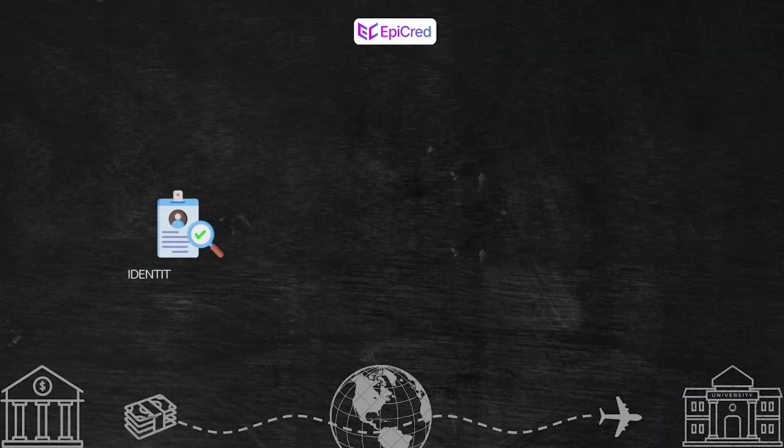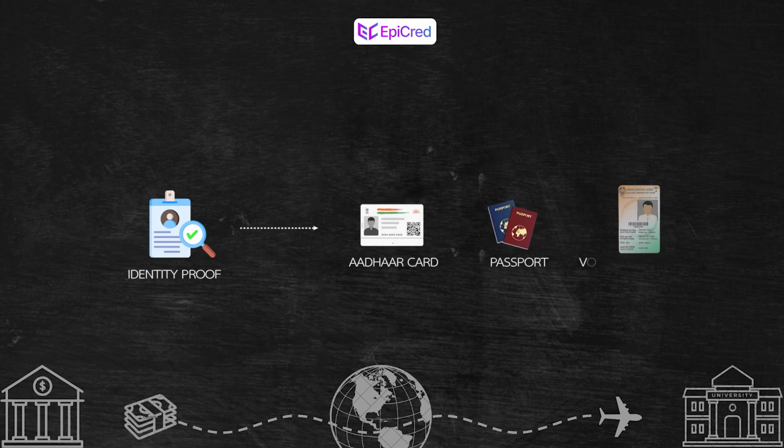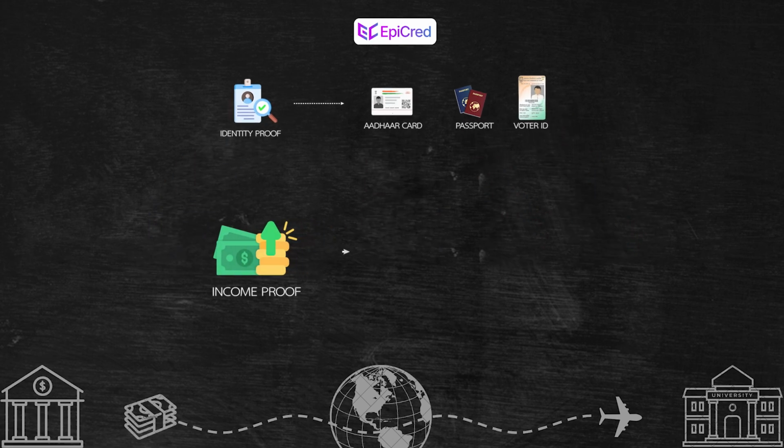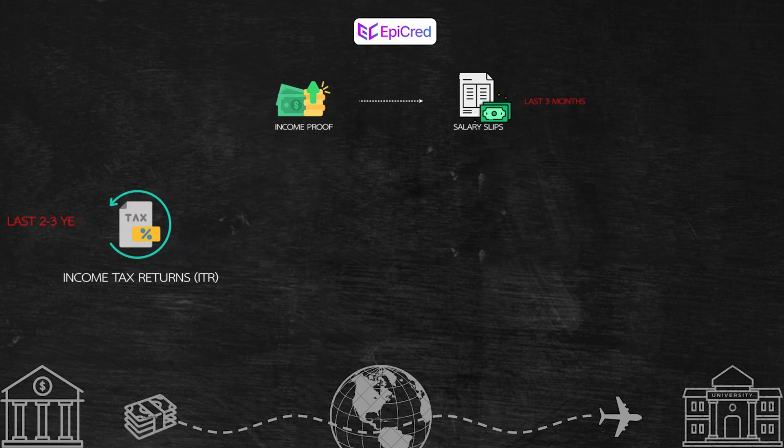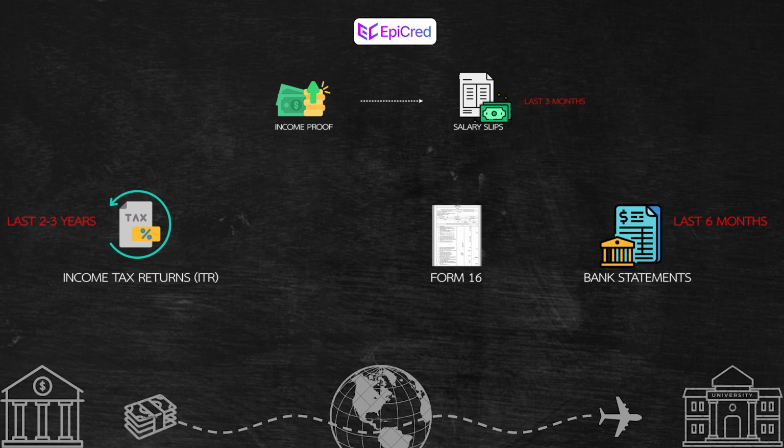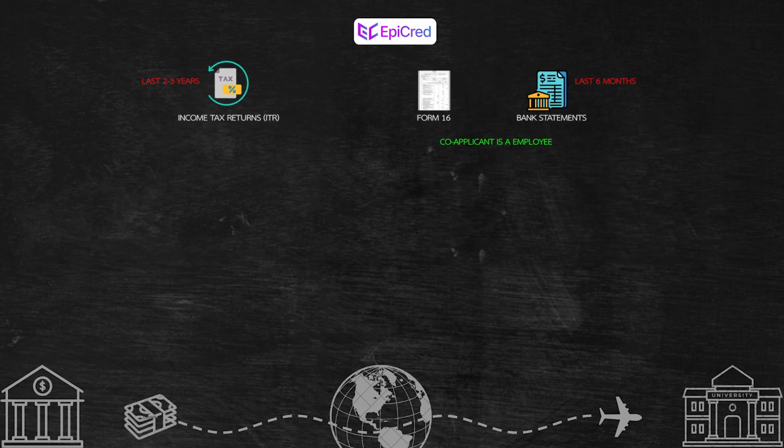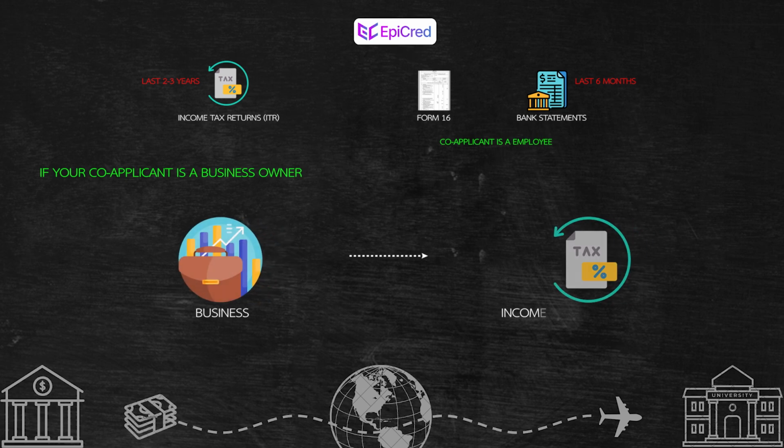If you are applying with a co-applicant, you will need their documents as well. These will include their identity proofs like Aadhaar card, passport or voter ID card, and their income proofs such as salary slips for the last 3 months, income tax returns for the last 2-3 years, Form 16 and the bank statement for the last 6 months in case the co-applicant is employed. But if your co-applicant is a business owner, they will also need to provide the business income tax returns for